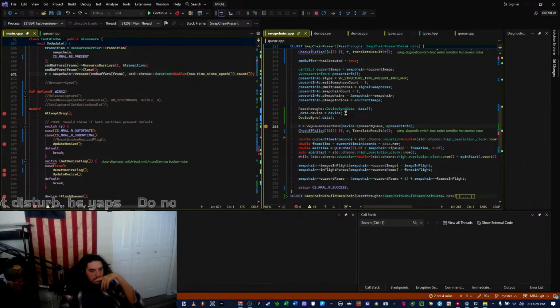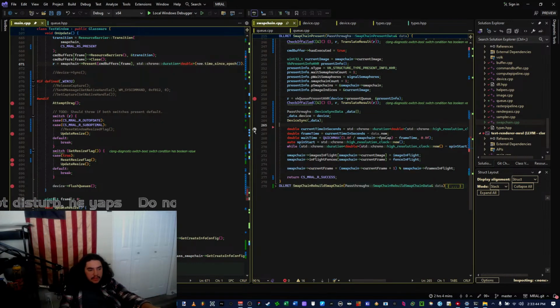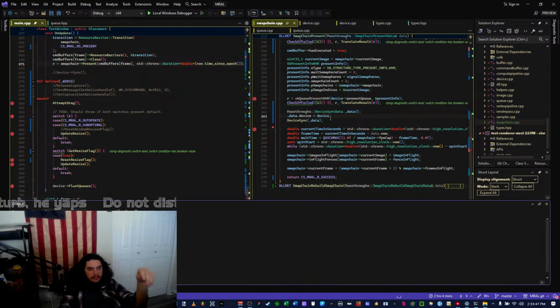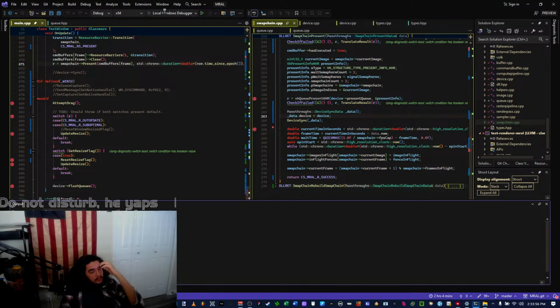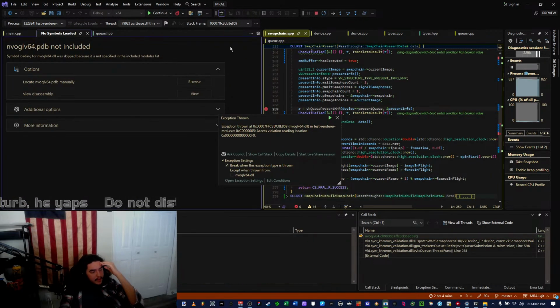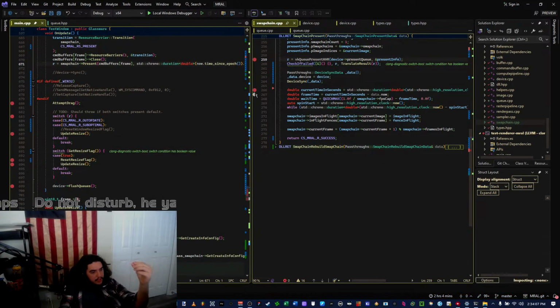No, it hits it. There's something wrong with this present thing, right? If I sync, I'm calling it before present, and it's able to hit present. But if I throw afterwards, and then I use another breakpoint to check if it's able to hit after, if I sync, sync is of course just vkDeviceWaitIdle, which you shouldn't be calling as much as you ever want to. But I'm doing it as a test to just call something Vulkan related. And it won't hit the next breakpoint after the present because it crashes. Something about presenting is causing it to crash.